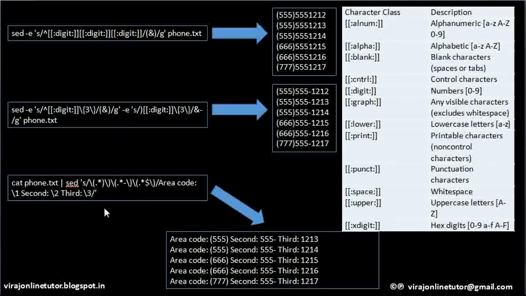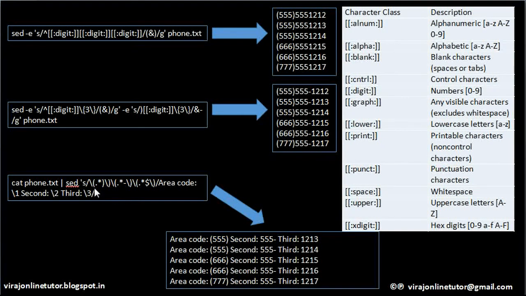Okay. So now let's see a more enhanced expression wherein we do a cat of phone.text. In this example, we are again catting phone.text, and let's see what we do.